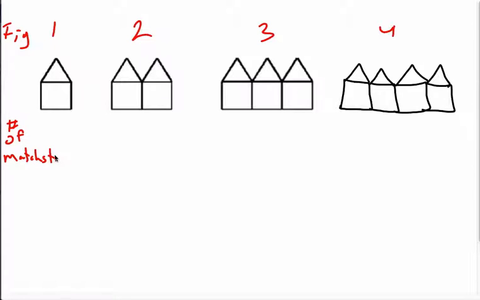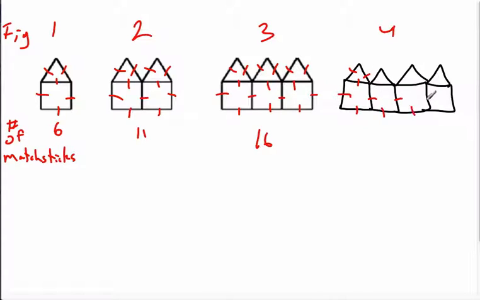We're going to start counting, and I'm going to show my counting like this: 1, 2, 3, 4, 5, 6. Then 1 through 11. Then 1 through 16. Okay, next one. 1 through 21. Okay, so then we need to look at these numbers and see if there's a pattern